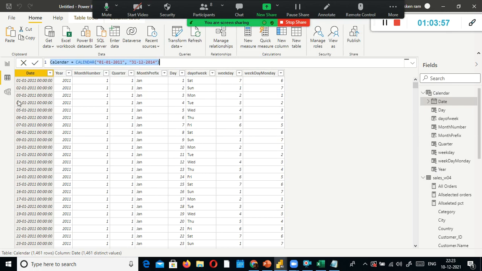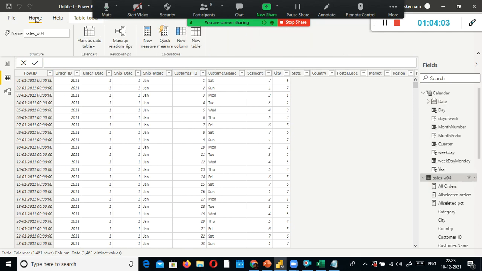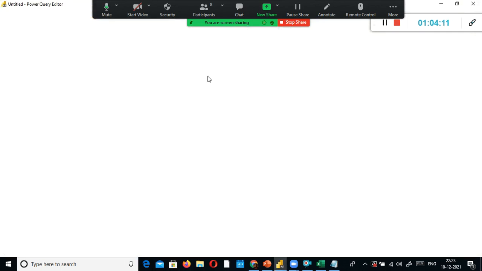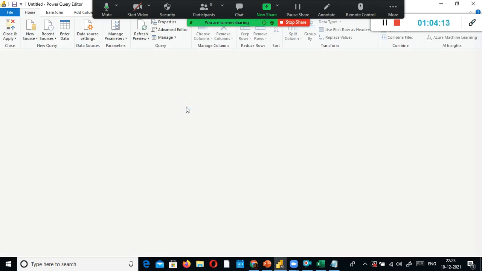Another simple way of doing it: you just go to the sales W04. Instead of going here, the column profile, right? So transform the data to get a quick glimpse of the minimum and maximum order date. You just go here and you know very well the view, right?